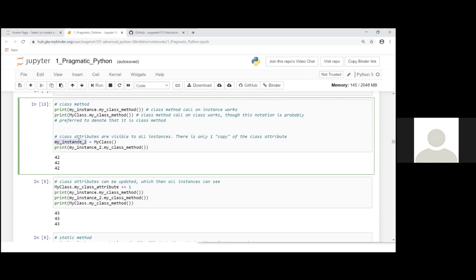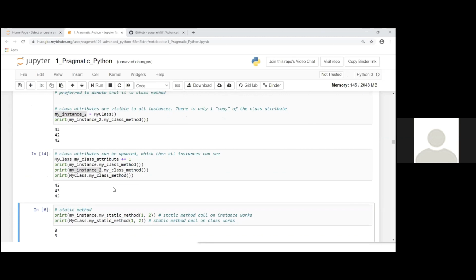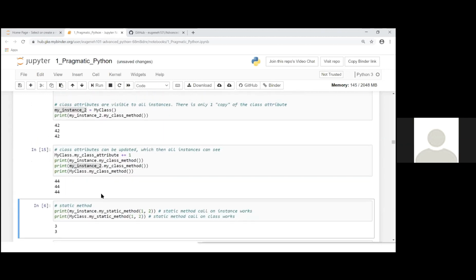In fact, the class attribute can be updated, and that will be visible to all instances. So I'm going to update my class attribute from 42 to 43, and that will be automatically visible to all instances. My instance 1 and my instance 2 now reflect 43, and if I run it again, it will also say 44.